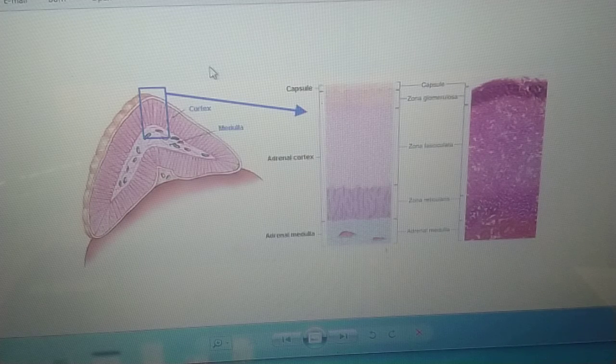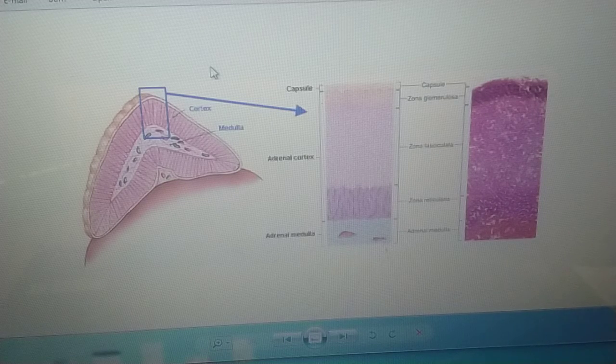This disease is caused by deficiency of mineralocorticoid and glucocorticoid. It is also caused by destruction of the adrenal cortex in diseases such as tuberculosis. Okay, its symptoms include low blood sugar, low plasma sodium, high plasma potassium, increased urinary sodium, nausea, vomiting, diarrhea, and a bronze-like pigmentation of the skin. Severe dehydration is also common in the person suffering from this disease.